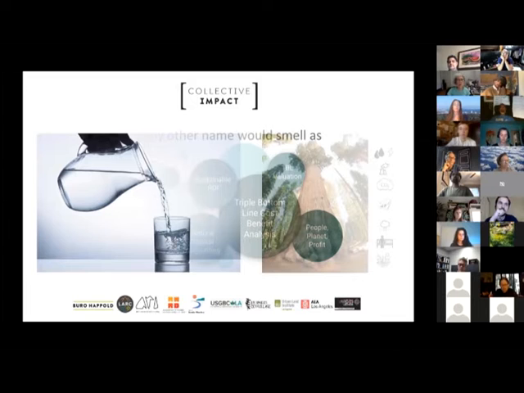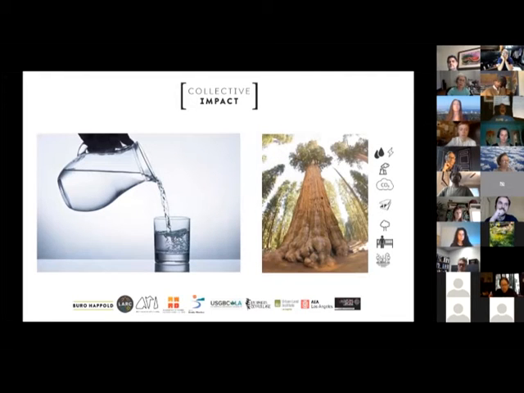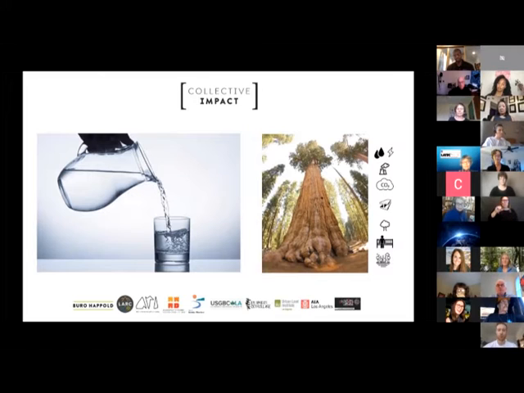I think it's also useful to know the difference between a stock, i.e. a capital, and a flow, i.e. a service provided by that capital. Take this water picture. The stock is the water in the jug. The flow of service is the water going into the glass. And some examples of natural capital include a fishery, a coral reef, or a tree.